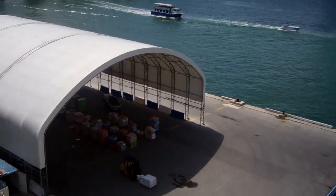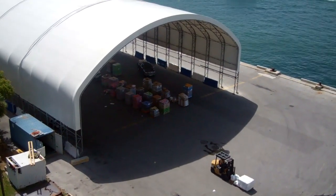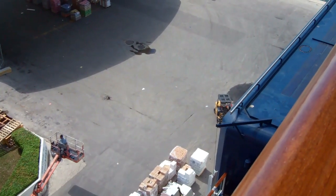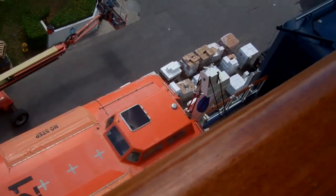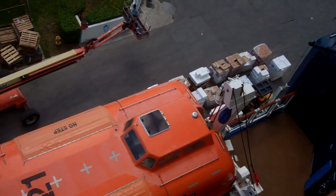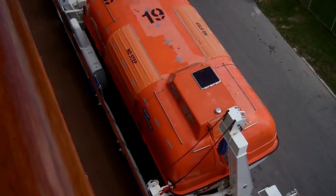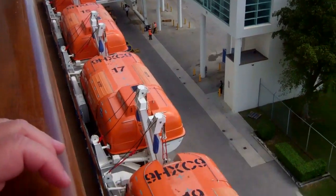right now you see a lot of activity going on down here. They're loading up the ship with supplies. And they have these forklifts going back and forth to deliver stuff to the cargo hold down there. They're lining them all up down there, and then they'll bring them all aboard the ship. And there's the lifeboats all the way down, which we hope we don't have to avail ourselves of. So anyhow,